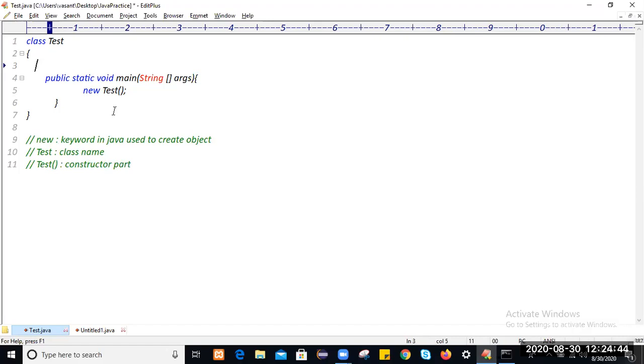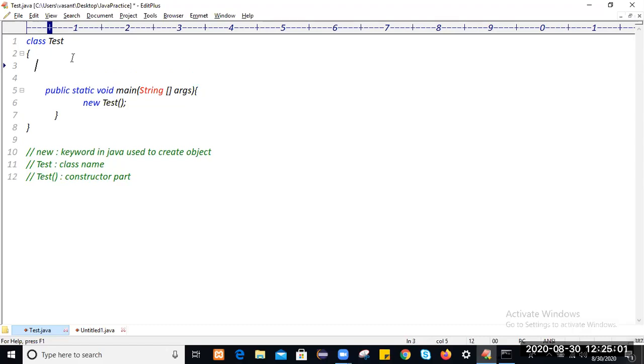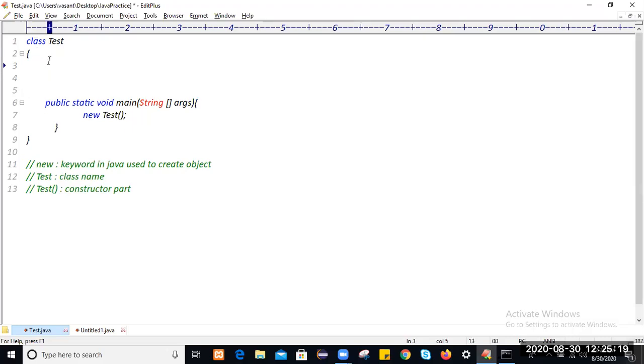First of all, during compilation time, when you create a 0 argument object, the compiler will check whether there is any 0 argument constructor within the class, or at least one constructor defined by the user within the class. Within this class, can you see any user defined constructor? I can't see any. We don't have any user defined constructor within the class. So during compilation time, the compiler checks whether there is any user defined constructor within the class.